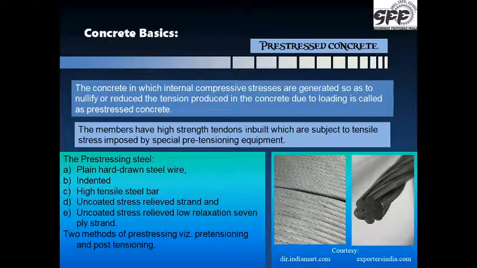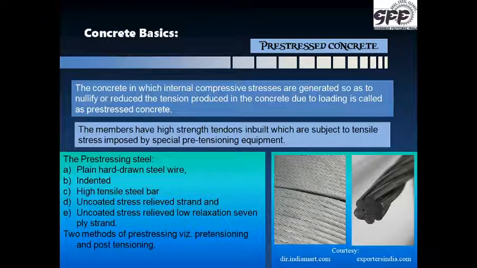Generally, the high strength steel may be wires or bars or strands, which are generally achieved by marginally increasing the carbon content in the steel. Increasing the carbon content will increase the strength as compared to the mild steel. Now we are referring to IS 1343 for this particular pre-stressed concrete. In this, clause